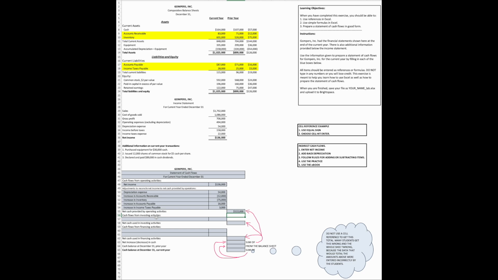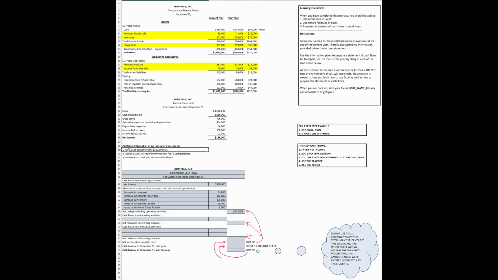Here we're going to use items where we made an investment. So we're going to look at our change in equipment. Now, when we get down to the investing and financing activities, the rules are actually direct. We don't use the same rules that we use in the operating activity section. So for instance, if we purchase equipment for $36,000, we would type in, and you're going to have to